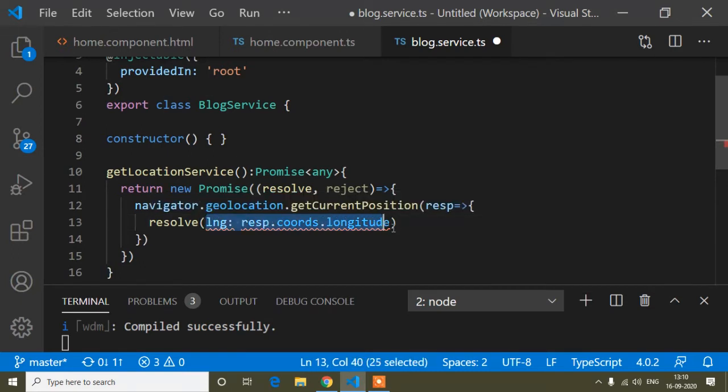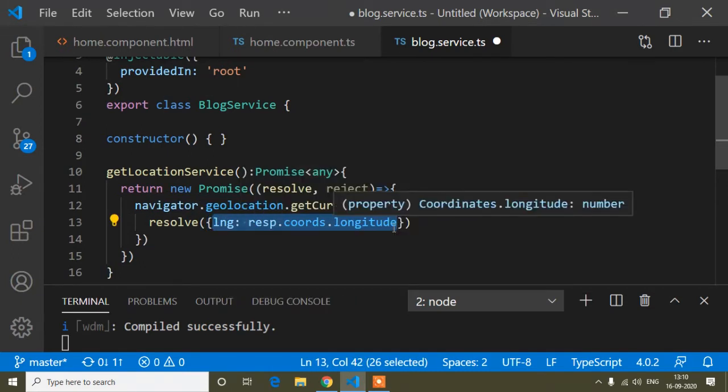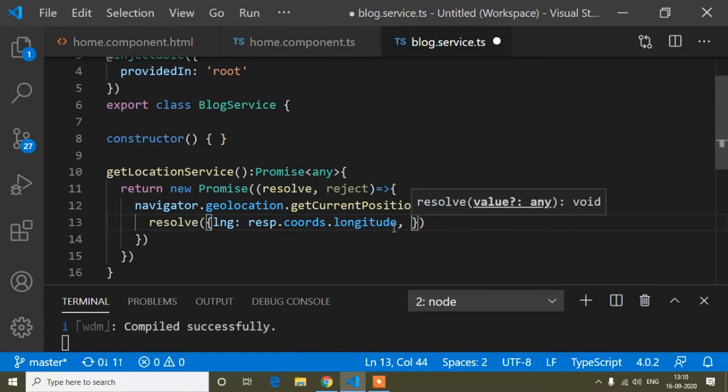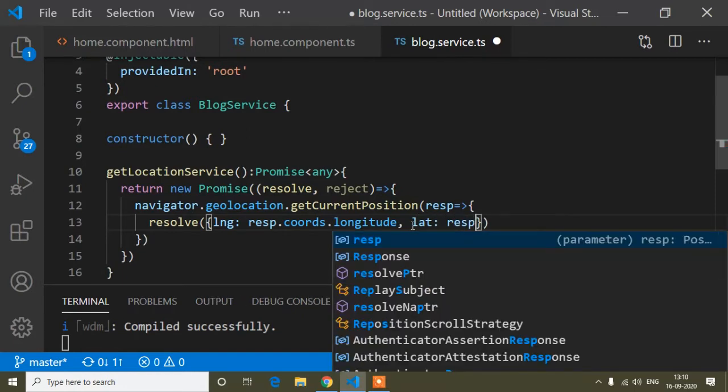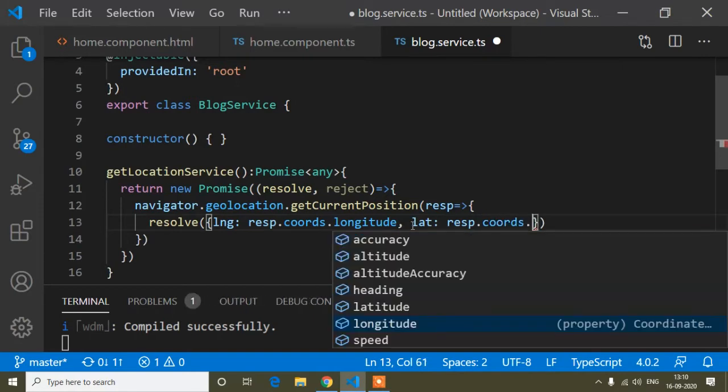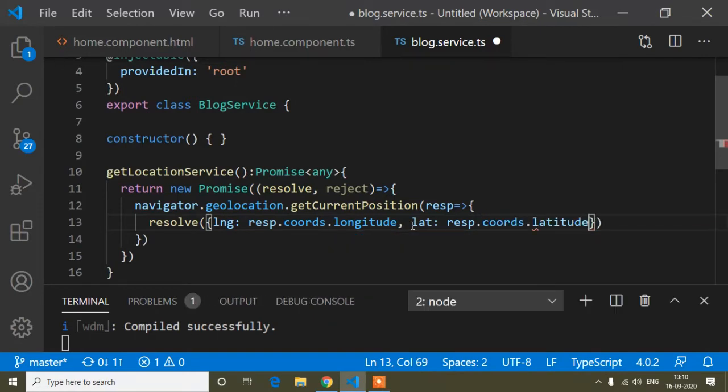This is an object, so I have to write it inside these curly braces, comma, and now lat, response dot coords dot latitude.